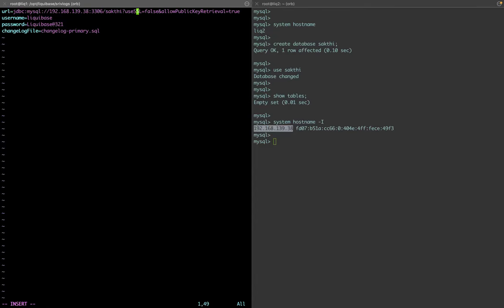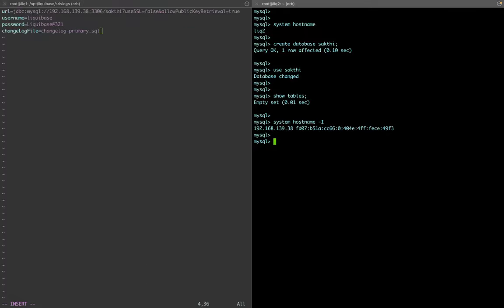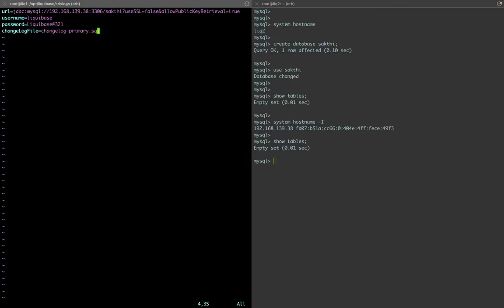3306, SSL is not there, and this public key authentication is true. Username and password are already the same. We created them on both the servers, and this changelog SQL I am going to deploy here, right? Currently there are no tables. Let me deploy it now, and just save this file